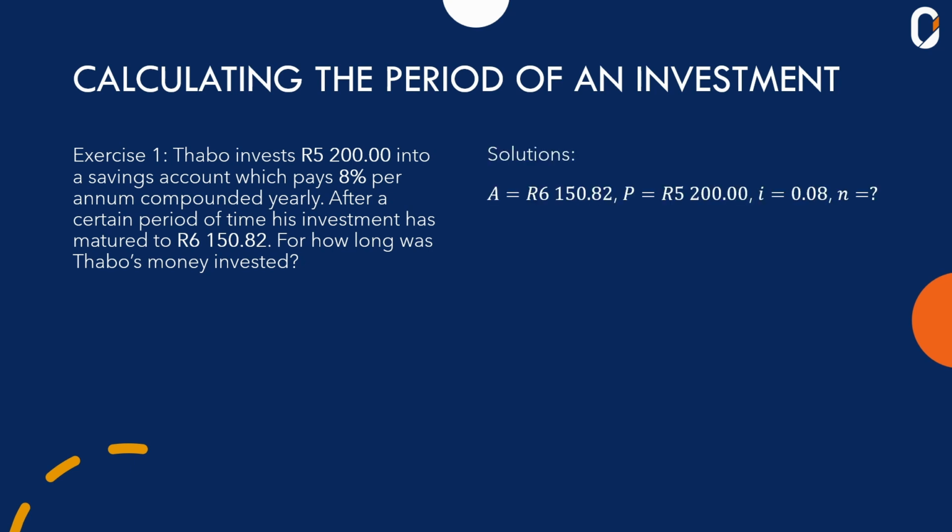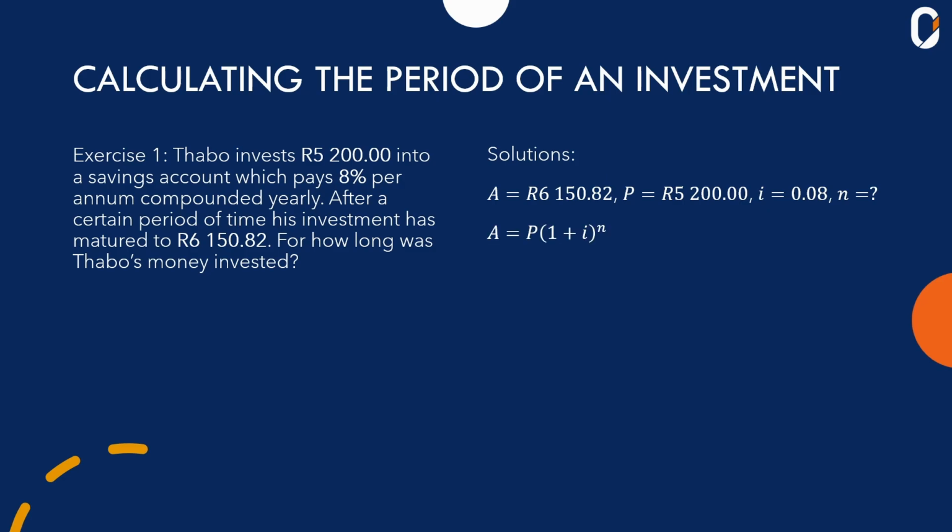We know that A is equal to 6,150.82, P is equal to 5,200 rands, and i is equal to 0.08. n is what we're looking for, or the period of the investment. Now, introducing the compound interest formula, we'll have A is equal to P(1 + i) to the power n,